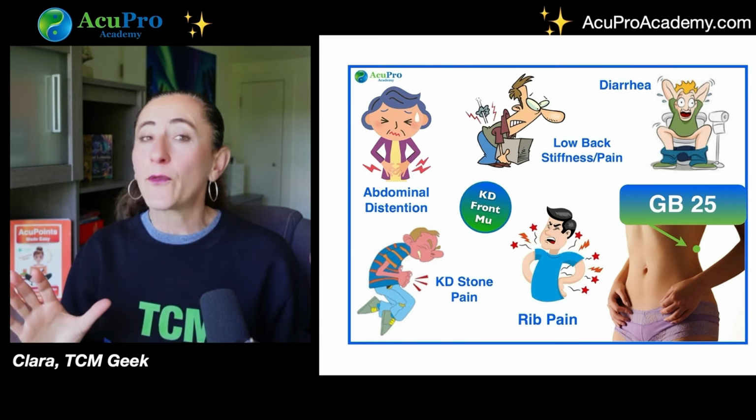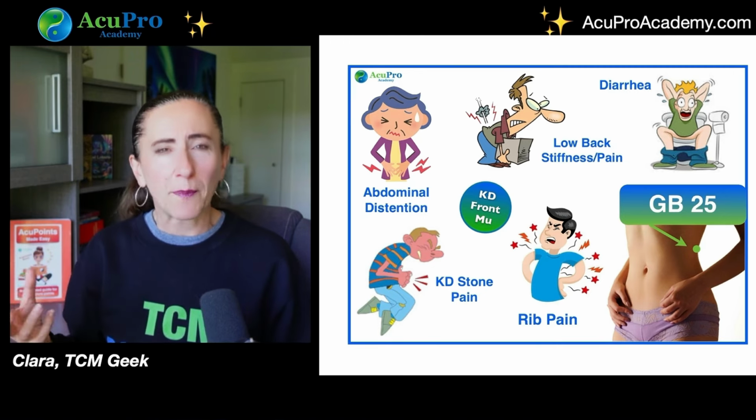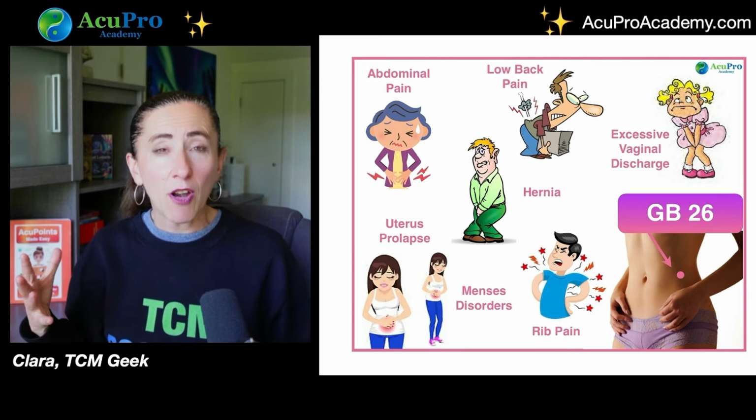So we can use it for kidney stone pain. Again, it's only for the pain, but also low back pain and stiffness of the back. So remember how we said that the gallbladder is a Shao Yang meridian, and the other Shao Yang meridian